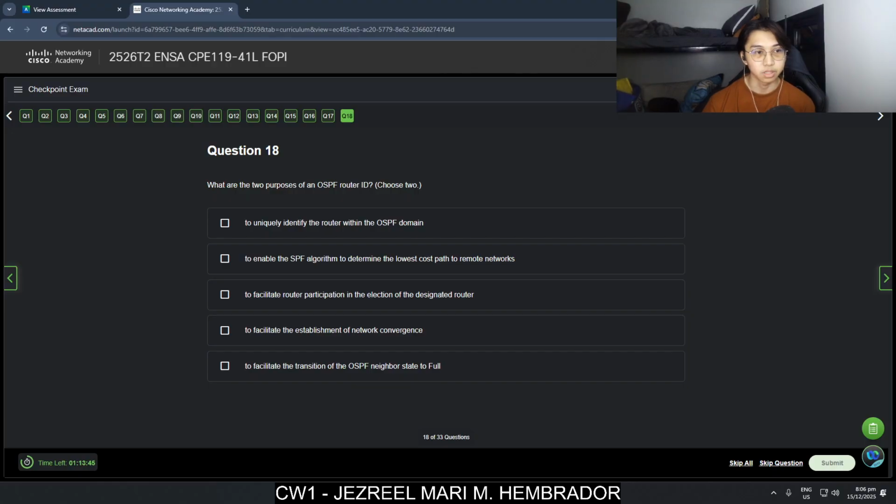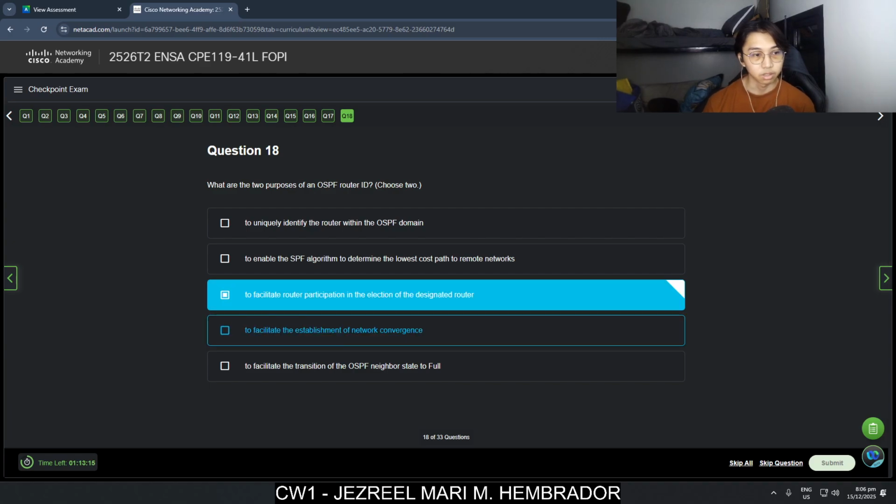What are the two purposes of an OSPF router ID? Choose two. To uniquely identify the router within the OSPF domain, to enable the SPF algorithm to determine the lowest cost path to remote networks, to facilitate router participation in the election process, to facilitate the establishment of neighbor adjacencies.